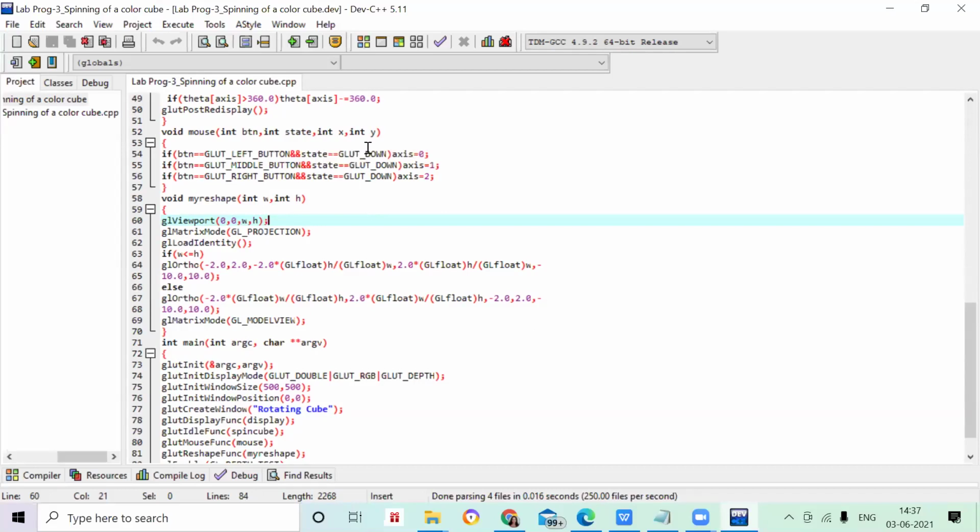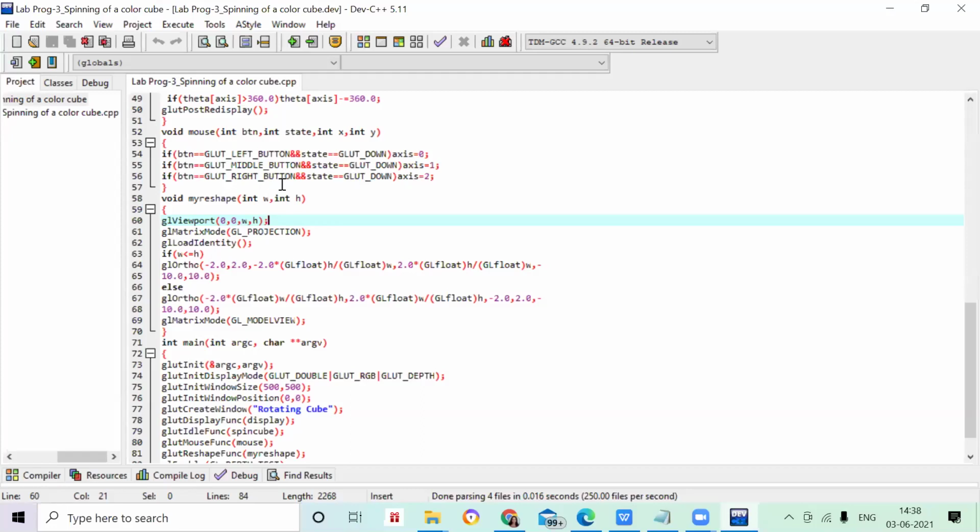Okay, on which axis will it move down? On the zero axis, in the sense of the x axis. And if the button is the middle button, if you are pressing it, then your object will also go down, but in your y axis. Then next, if the button you are pressing is the right button, then the object will move down, but it will be in your z axis. So this is the mouse functionality we have utilized here.